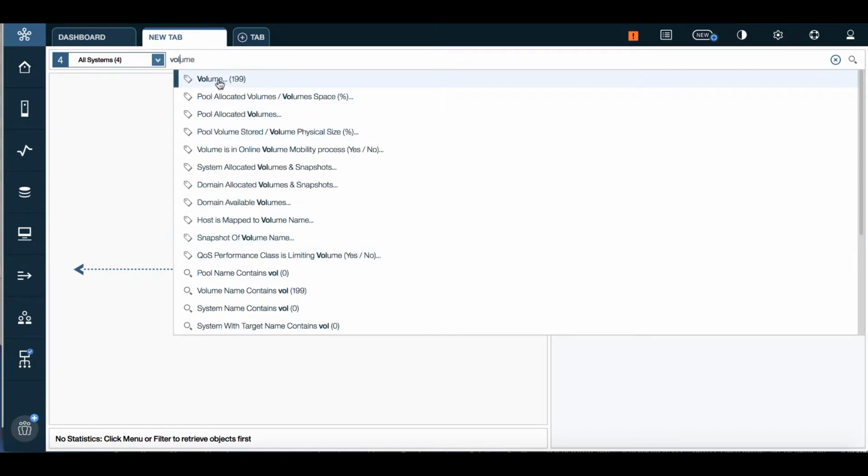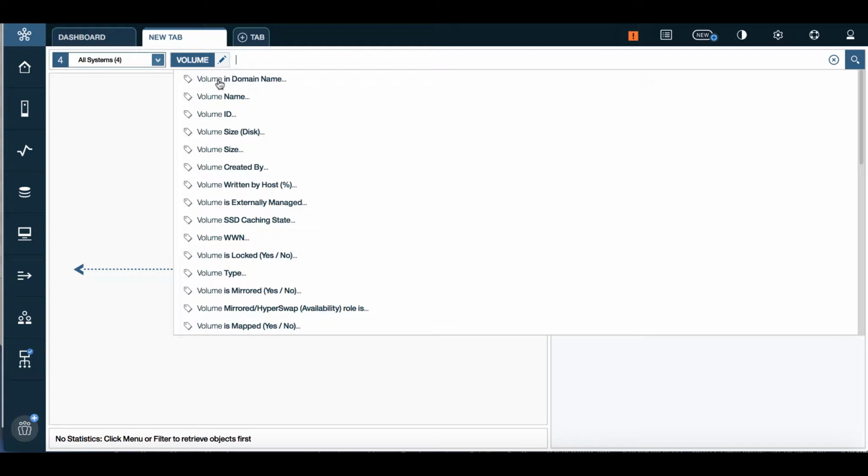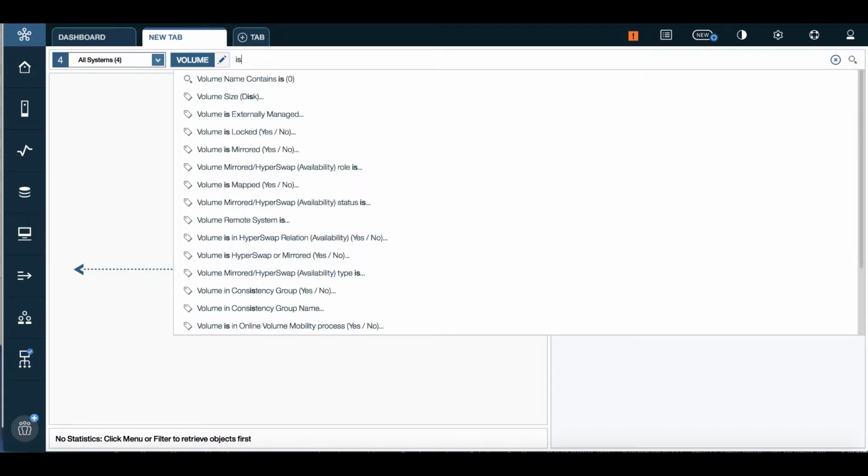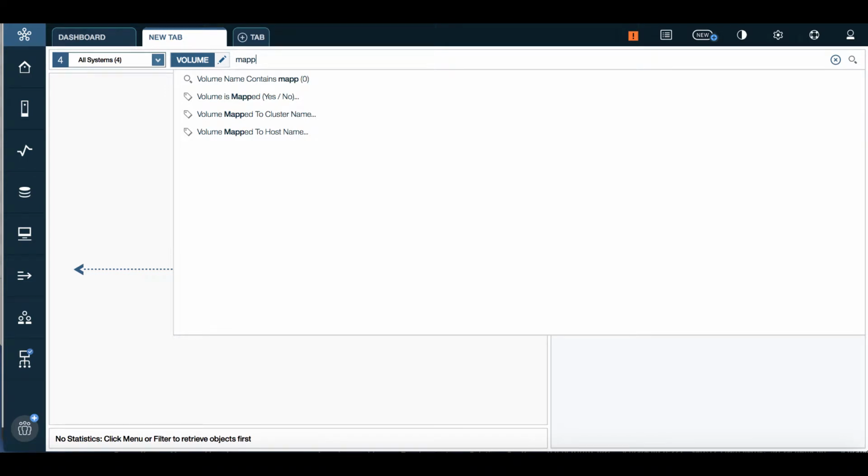As you see, I can click on volume and I'll automatically begin a nice search criteria because it's updated, saying volumes based on, and as you can see I have all of the usual metadata secondary criteria listed here. For example, if I type is, it'll update that search criteria to show me even further matches. It'll continue building this out as I highlight any of the particular suggestions that I can then click on. So for example, if I add mapped, I can filter down to those volumes that are mapped. And if I click here,